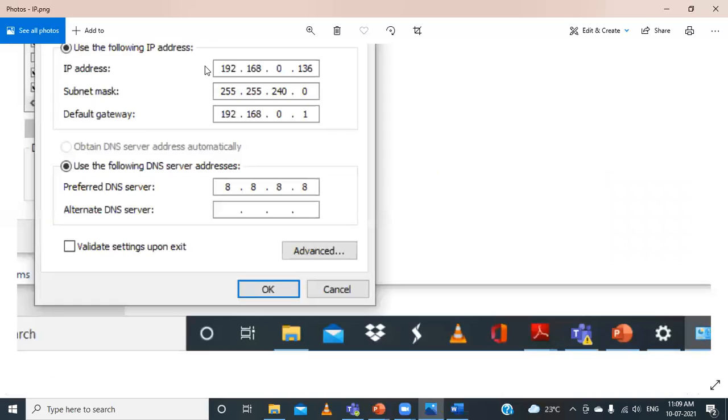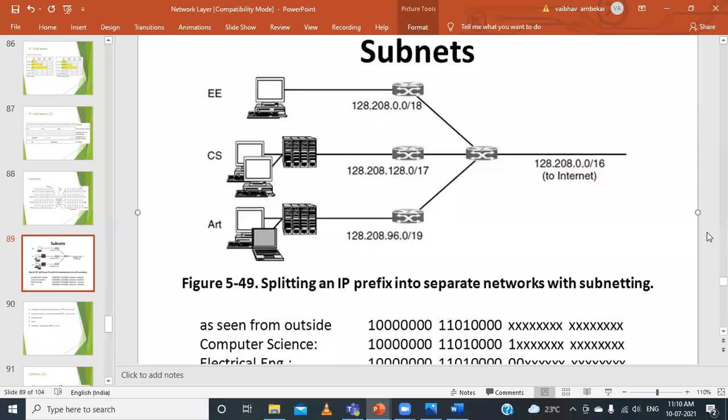Next class, we can try out how to set this IP address. There are two possibilities: dynamically, or we can have static IP addresses. So this is the static IP address that we are using. I want somebody to explore these things. What is the default gateway? What is the preferred DNS server and other things? It is very helpful. Can somebody give a PPT presentation on this? It is a very interesting topic, about default gateways and all other things. Just try searching these things.